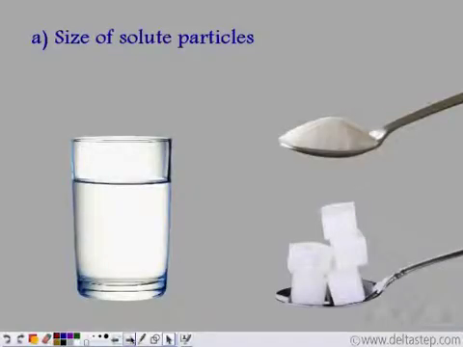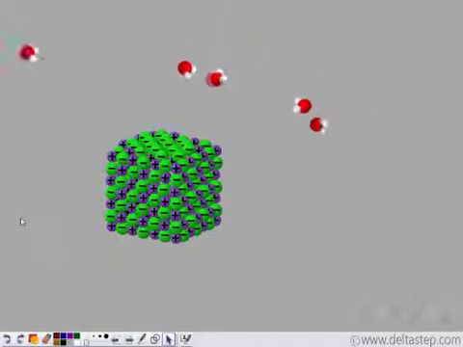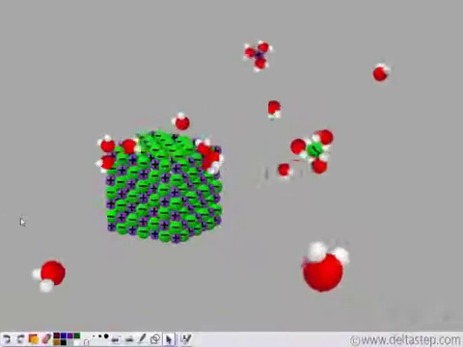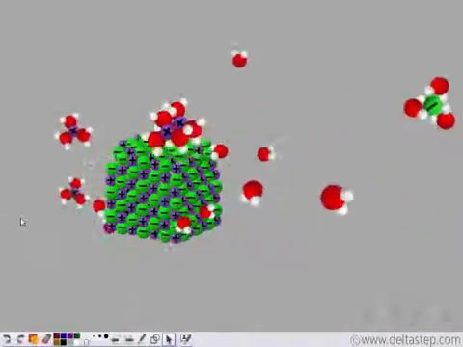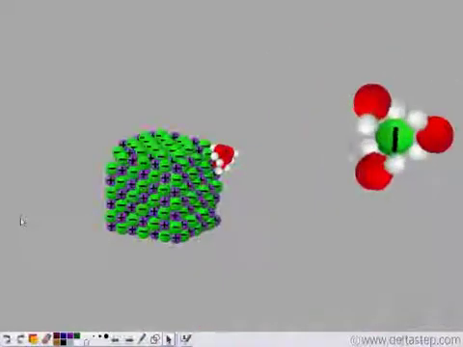So now what do you think? We have salt powder and we have lumps of salt. Which one will dissolve faster? So let's see which one will dissolve faster. We start with a lump of salt as it is dissolved in water. The ions which are present on the sides, water molecules can come and take away the Na+ and Cl- ions.